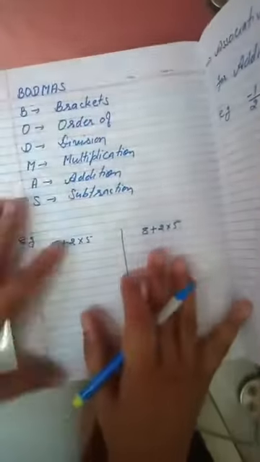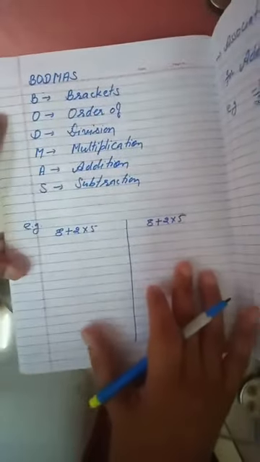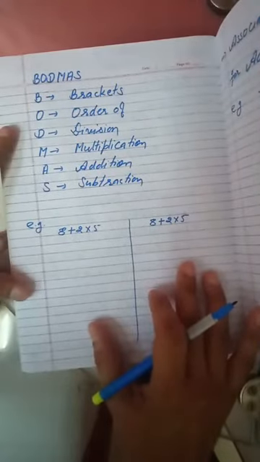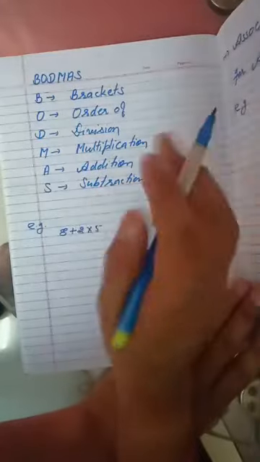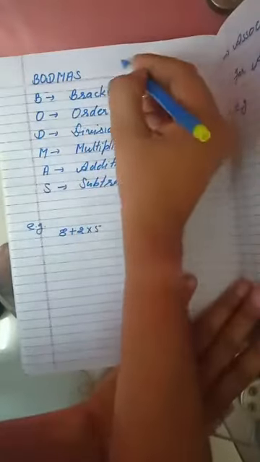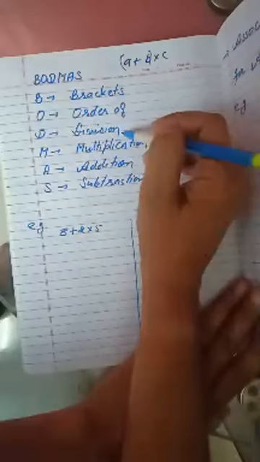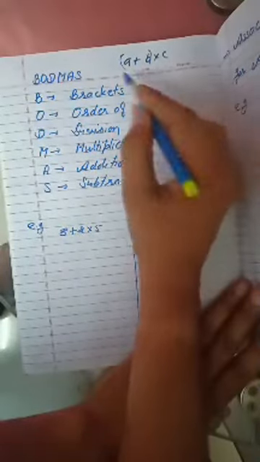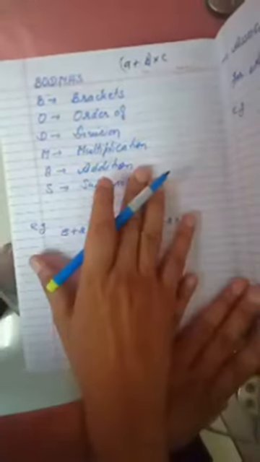Before this property, we have to understand BODMAS. What is BODMAS? BODMAS is a method to solve your problems. Whenever you get any type of problem, first of all division, then you should solve multiplication, then addition and then subtraction. If you do not follow BODMAS, then what will happen, we will see.